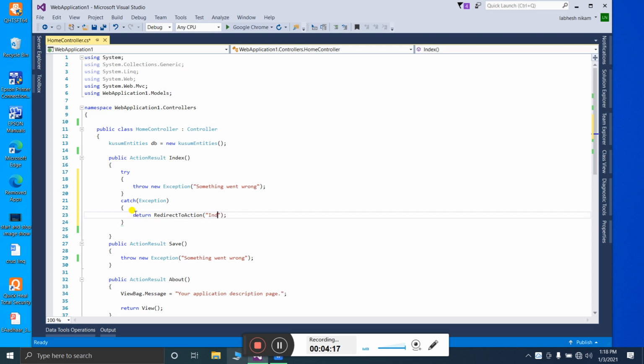Suppose I am creating an index page inside of an error controller, so I will display the error there, not the system error.